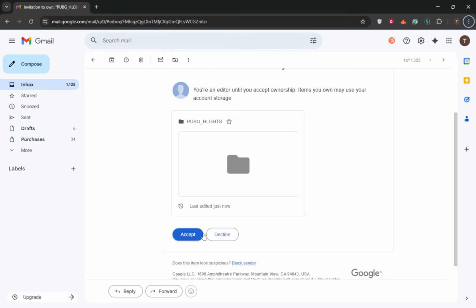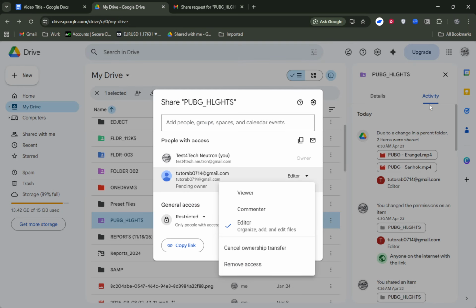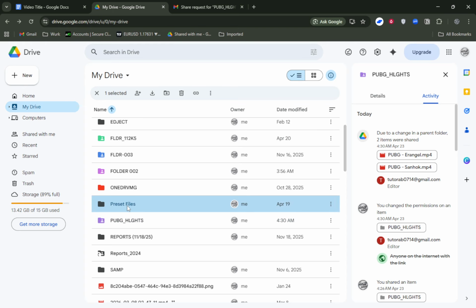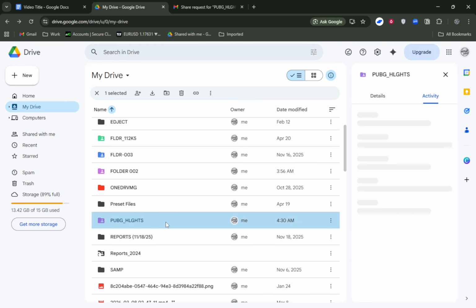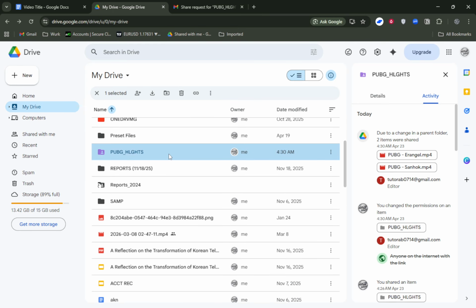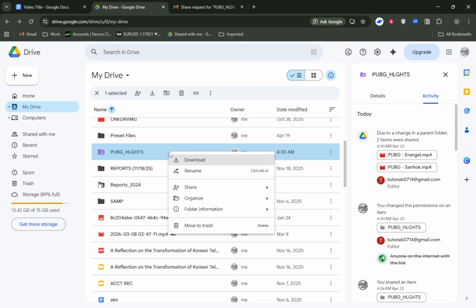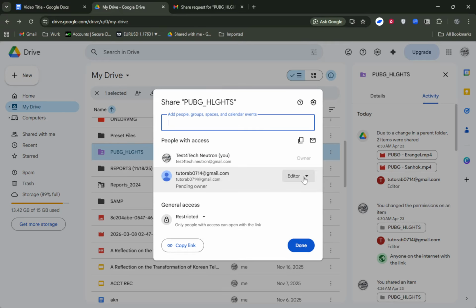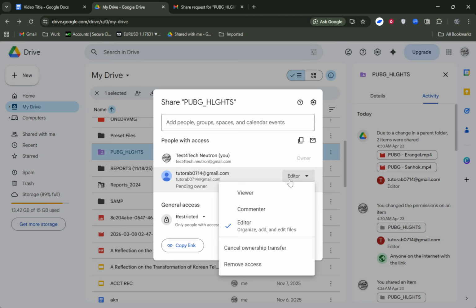Here's how to cancel the transfer while it's still pending. First, open Google Drive. Then open the specific file you sent the transfer for. This could be a Google Doc, Sheet, Slide, or another Drive file that supports ownership changes. In the document or file, click the Share button in the top right corner. In the sharing panel, find the person you originally sent ownership to. Next to their name, open the drop-down menu and choose Cancel Ownership Transfer. As soon as you click that, the request is withdrawn immediately and you remain the owner with no further action